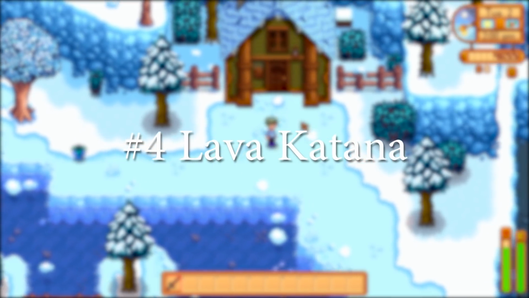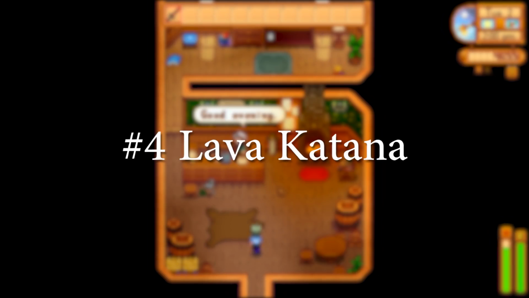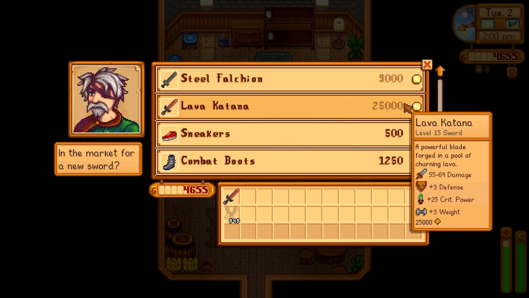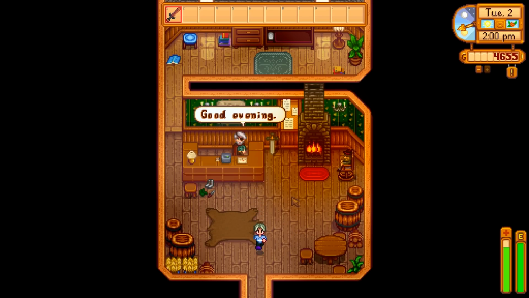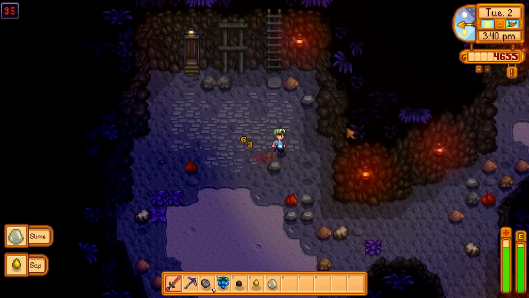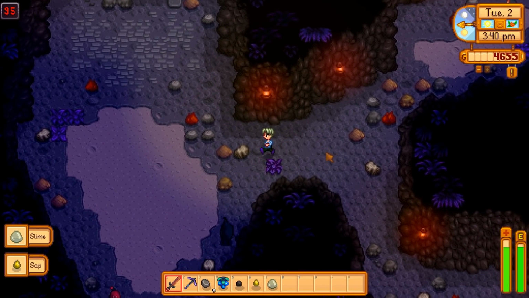The 4th best weapon in Stardew Valley is the Lava Katana. It can be purchased for a hefty 25,000 gold from the Adventurers Guild after completing floor 120 in the mines. This will feel like a huge upgrade from the Obsidian Edge, giving you a consistent 55 to 64 damage, as